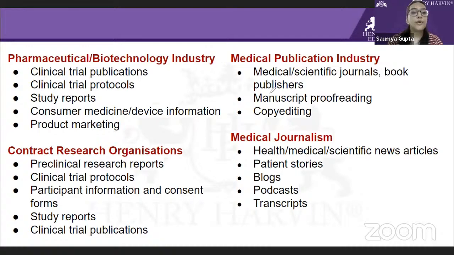Medical writing is divided into two broad categories, that is regulatory writing and medical communication. Regulatory writing means that when you are involved with